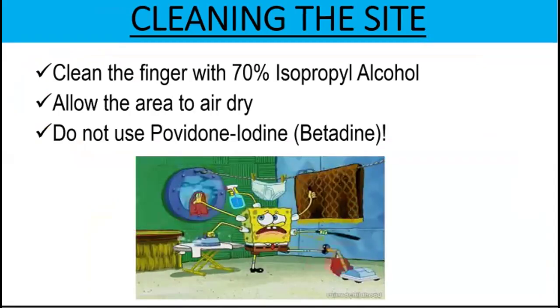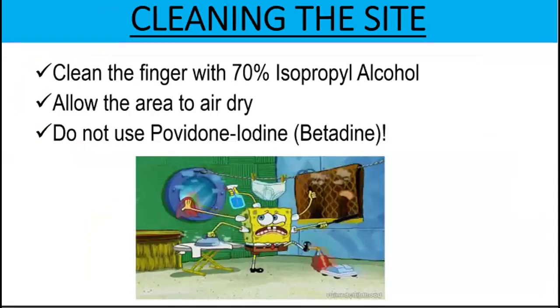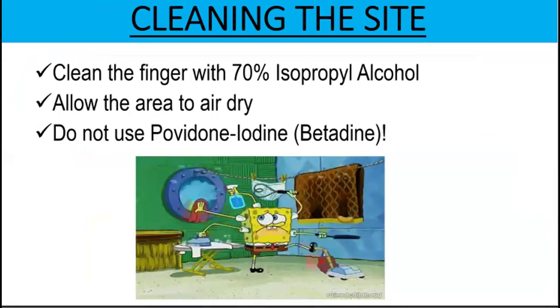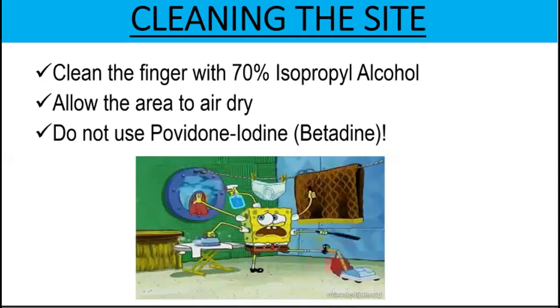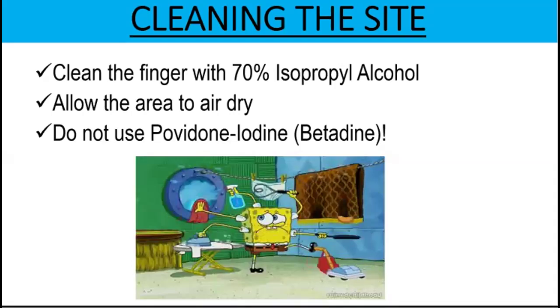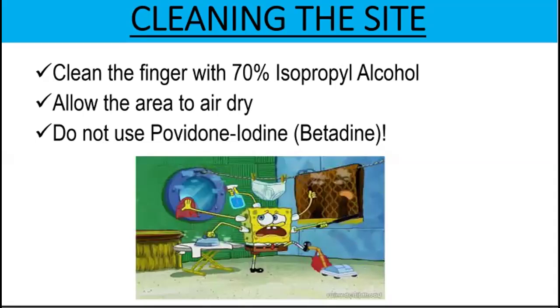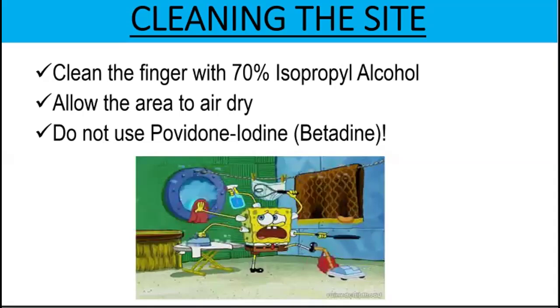And we are not allowed to use povidone iodine in cleaning the site. This is applicable not only for capillary puncture but also for venipuncture, class, except if the request is blood culture. Okay, why? We cannot use povidone iodine because, class, even after the betadine has been allowed to dry, it can cause elevated potassium, phosphorus, and uric acid. So, the analytes are affected.